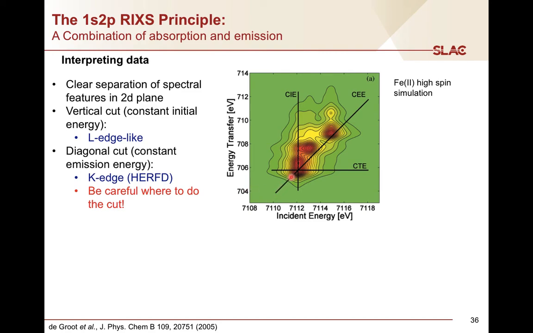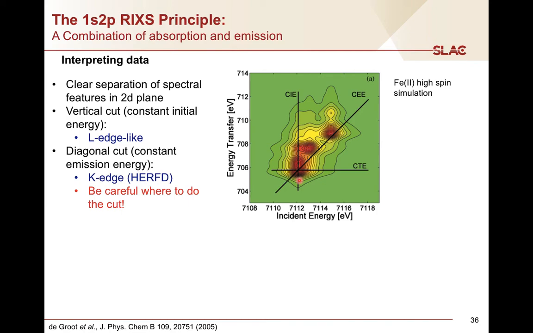You also have the opportunity to get a diagonal cut, which is a constant emission energy cut, which is actually the same as HERFD. That means it's the same as if you put your emission spectrometer at one given energy and you scan the incident energy, and you have a diagonal cut. And here you see the potential issue with that one. While it gives you a very high resolution, you might have difficulties with relative intensities. Here you see there are a bunch of different features for the iron 2 plus high spin,